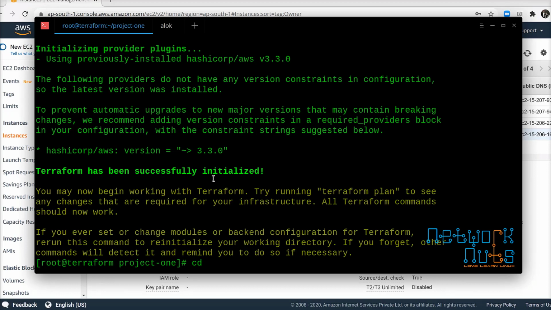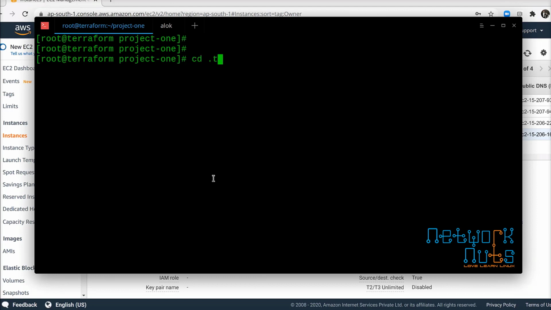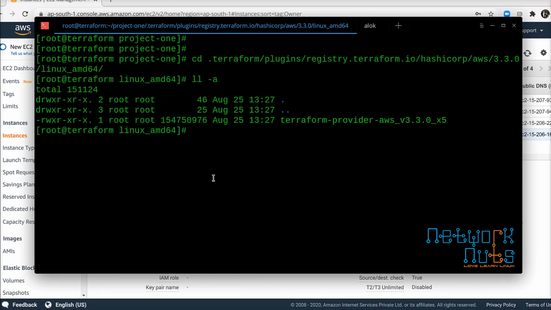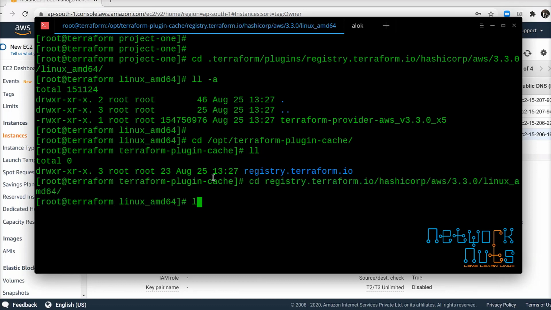Now if I go and check, I go to .terraform plugins registry HashiCorp 3.3 and Linux, and this is the provider, right, which is there. Now if I go to opt terraform cache, see here, it has got this registry HashiCorp everything, right?